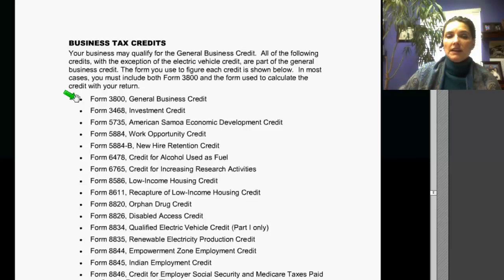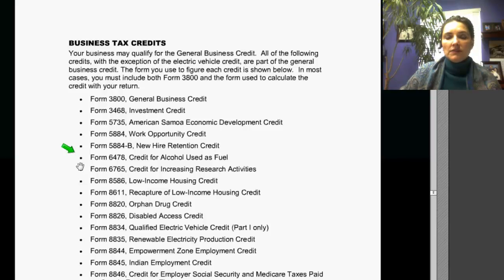And of course, Form 3800 is the general business credit form, and any of the credits that are listed next are basically claimed on that form, but they have another form that goes with them. Starting with Form 3468, the investment credit. We also have the American Samoa Economic Development Credit, the Work Opportunity Credit, the New Hire Retention Credit, the credit